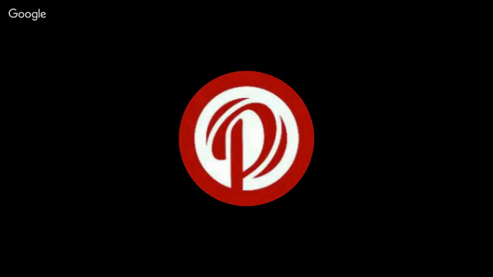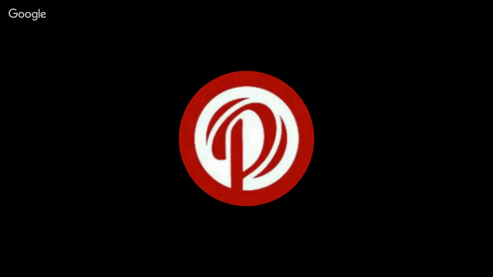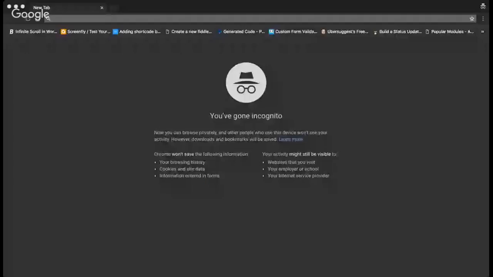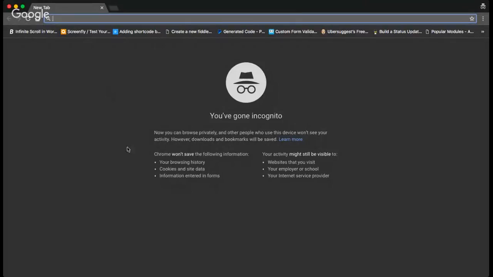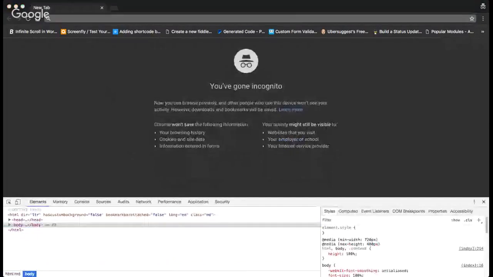So I will open my Chrome browser in incognito and will share the screen with you so that you can see it. My Chrome screen, do let me know that you can see it so that I can start. So now that you can see my computer screen and my Chrome browser in incognito mode,